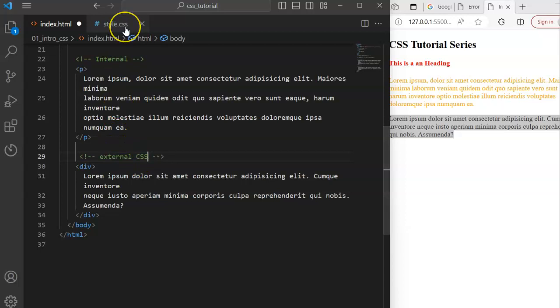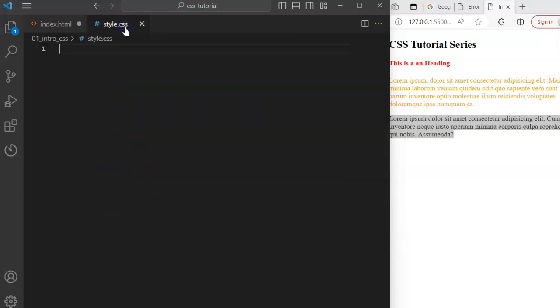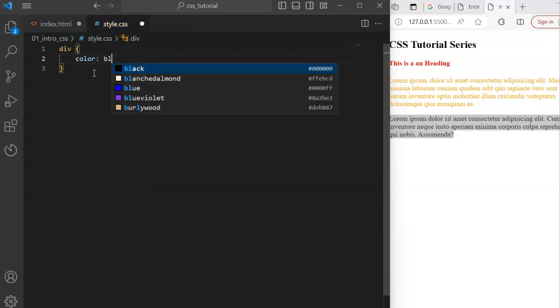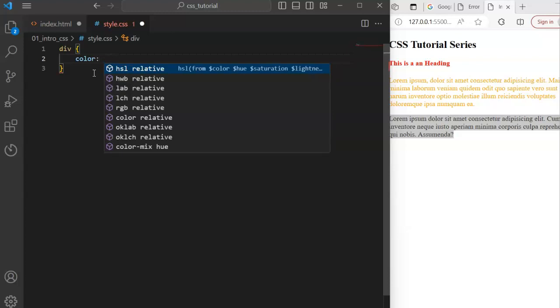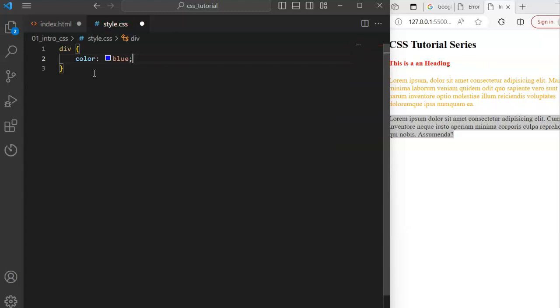So whereby you create another CSS file externally. So you just need to select it. Don't forget, when you wanted to select paragraph, you selected it using p. So in this case, I want to select div. So I'll just say div, and I open a declaration block, and I define it as, okay, this text I want the color to be, this time around, maybe blue, yeah, and I close with a semicolon. So if I save now,